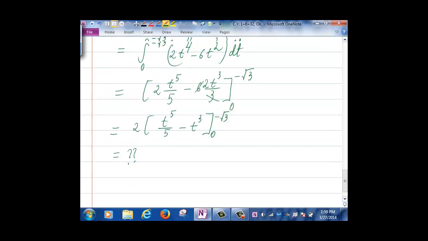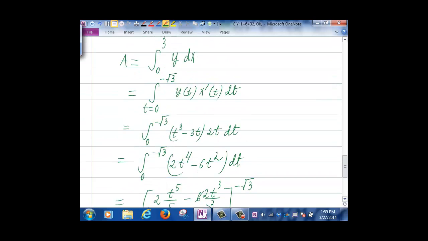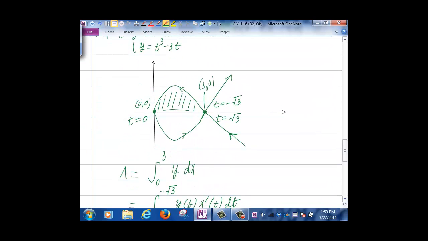Okay. Any questions on that? Yes. So you have it from 0 to negative root 3. Yes, in that order, because I have to see how x. So usually